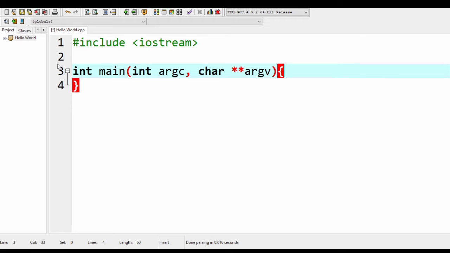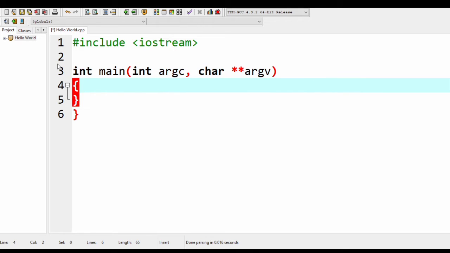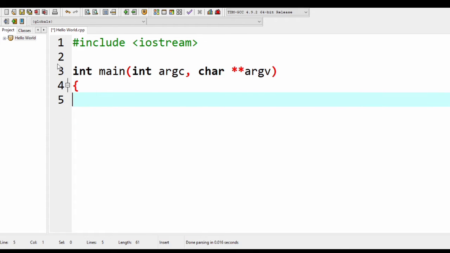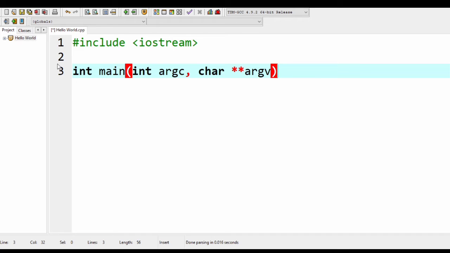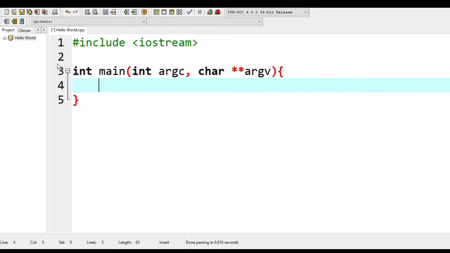In C++ or C, you can write the brace here or you can write it here. It doesn't change anything, okay? It wouldn't affect the code, the output, or the input. But what it would affect is the amount of lines that your code has. Of course, if you place the opening brace here, then you'll get one less line.